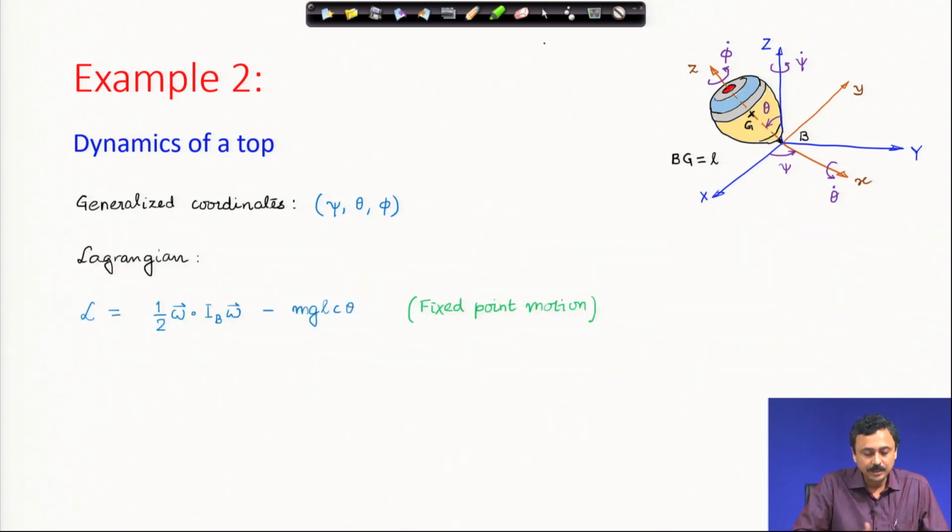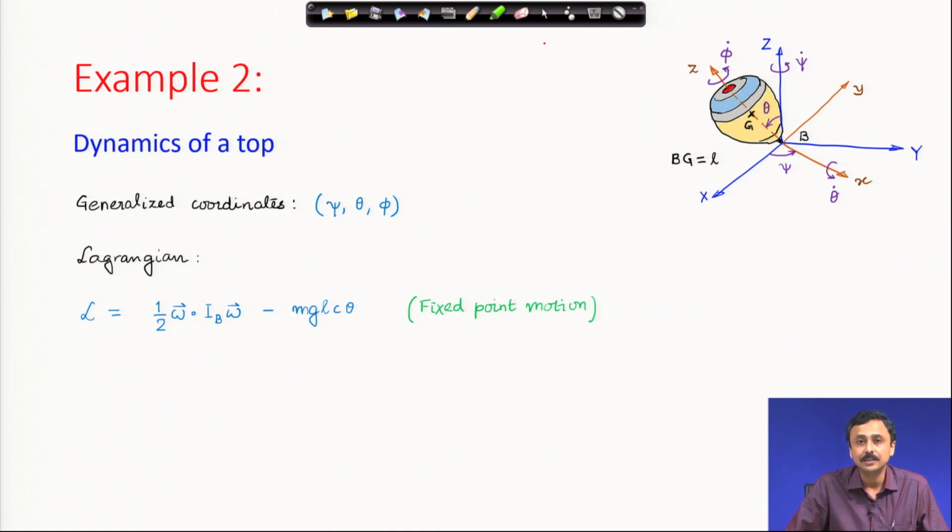The Lagrangian can be written very easily as half omega dot IB omega. What is IB? IB is the moment of inertia tensor written about the point B, and this is typical of when a body is rotating or moving with a point fixed in inertial space. We can write down the total kinetic energy only using the angular velocity. This we have discussed before. Therefore, the kinetic energy part is 1/2 of omega dot IB omega,